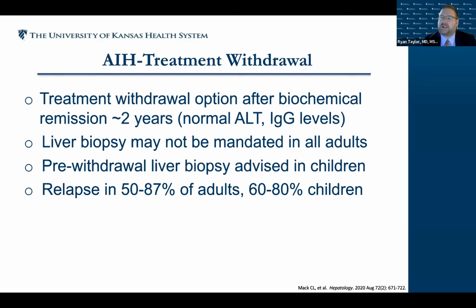So one of the important concepts of this disease is that it is very long-acting. This is not something where patients are treated for 6 to 8 weeks with prednisone and their liver is all better. Many times we'll see biochemical improvement and their liver tests coming down, but if we did a biopsy, there's still significant inflammatory activity. So current management and thinking is that you need to have patients in biochemical remission for at least 2 years with normal ALT levels and IgG levels before thinking of stopping treatment.